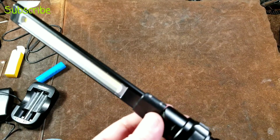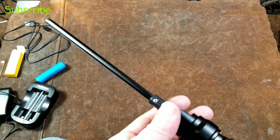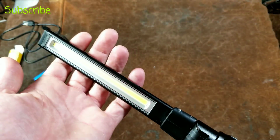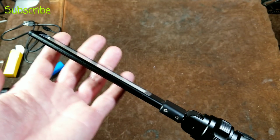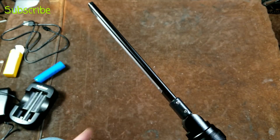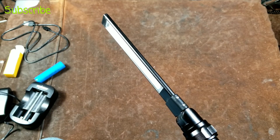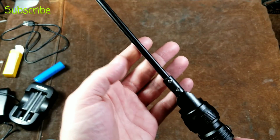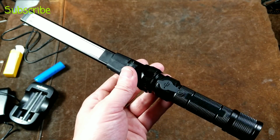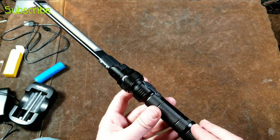You wouldn't want to use this on a commercial construction work site and other heavy-duty applications, which is a little bit surprising because you would use a light like this for more than just utility. It would be great in automotive because the thin stick allows you to put it into very tight areas while having a lot of light, and having it be kind of delicate is a little bit frustrating. Especially for $30, which is a bit more money at Harbor Freight,